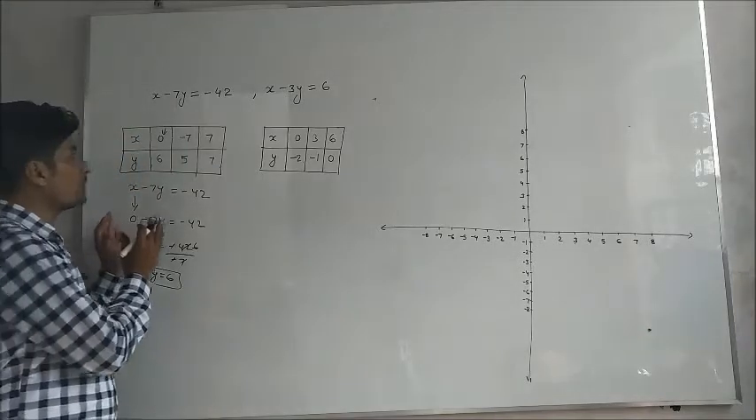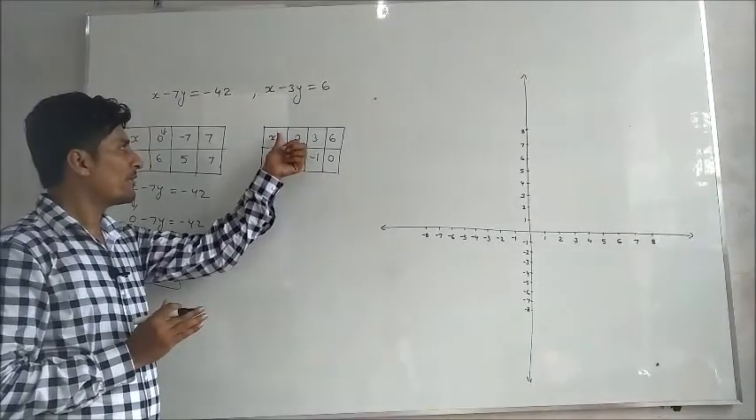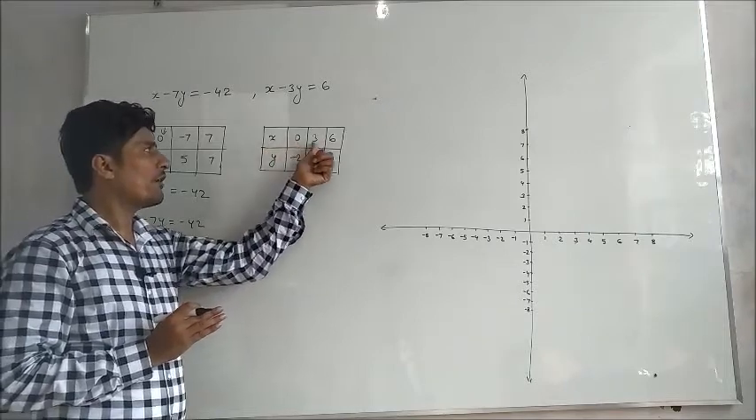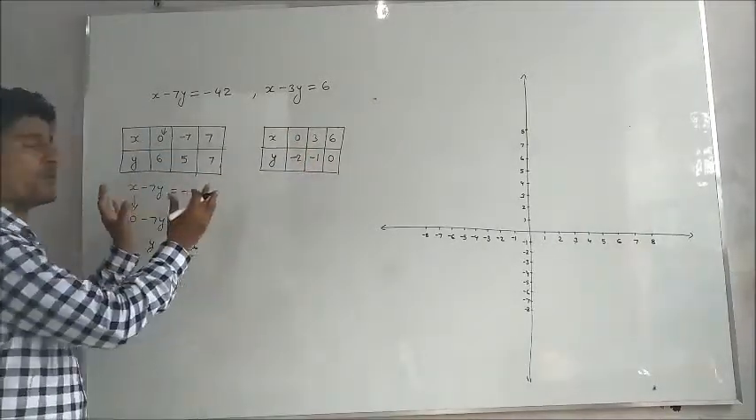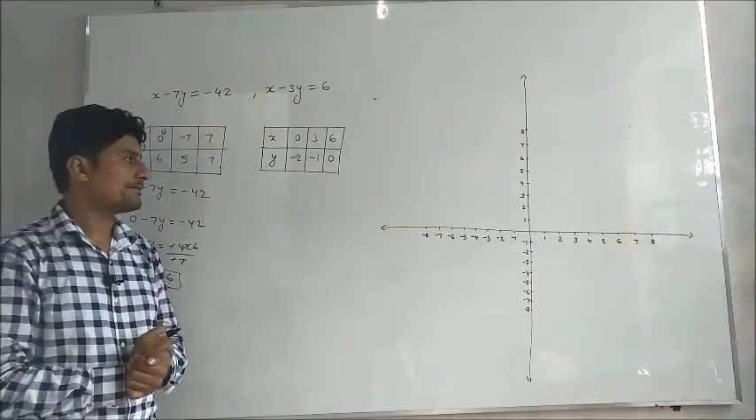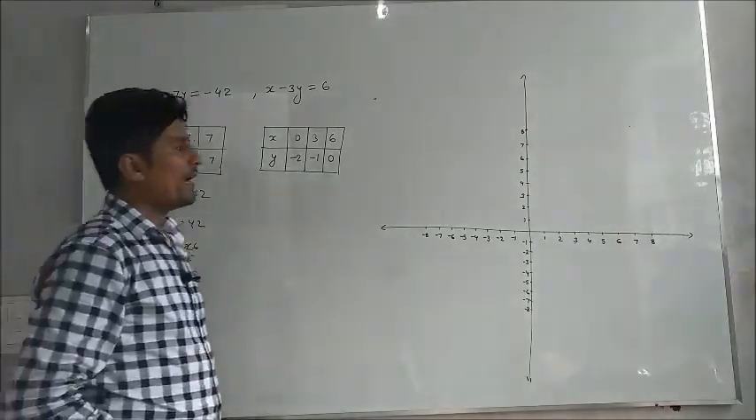Similarly, we have to do the same thing for the second equation also. We have to draw the table. We have to write the X and Y in the very first column. Then we have to put the value of X in the given equation to get the value of Y. All these things you have already done in the previous classes. In class 9 you have already done. After making these two tables, then we have to